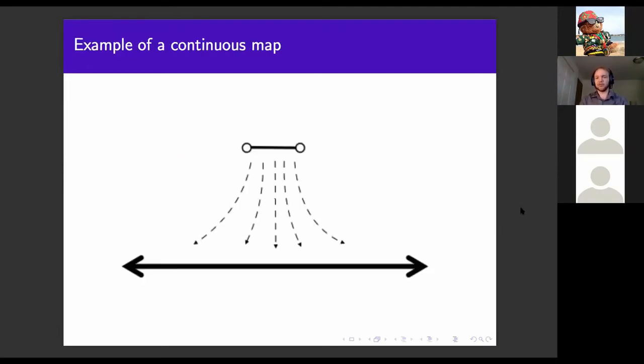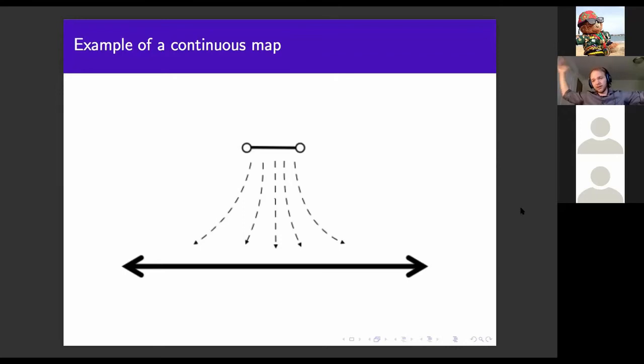So I want to explain what's going on in this picture. On the top, I have 0, 1, and on the bottom, I have the real line. And what I'm doing is taking this little line at the top, and I'm stretching it until it hits the bottom. I'm stretching it infinitely big, right? Like I'm taking every point there and stretching them further and further apart until eventually they cover the entire real line. And that might seem crazy if you've never seen this, that you can do that.